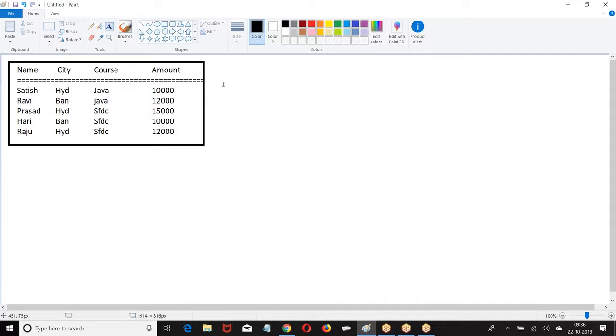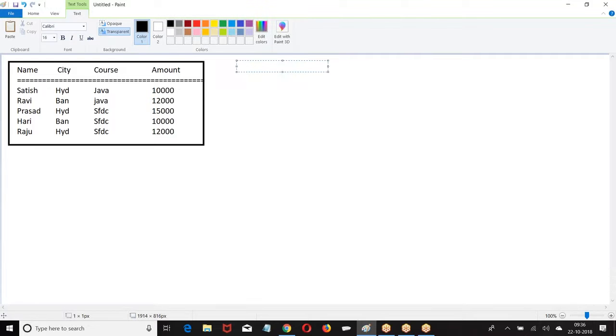Give me the list of records who are from Hyderabad. I am creating a tabular report. Tabular report means simply a list of records in the table form.